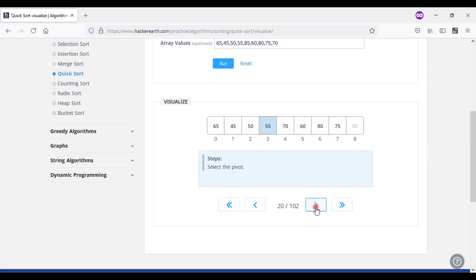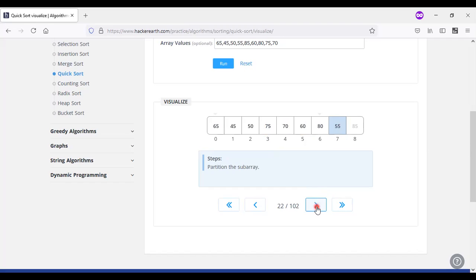So here I am taking another pivot element because it is a left subarray. This is the subarray, and we don't have any other subarray because it is blocked, no right element has been there. So in this left subarray, I am having one element. I have to choose one element which is a pivot. So I choose the value which is the middle one, that is the third position, 55. So here I need to swap the values with the left side of the N1. So this is the left side of the N1.